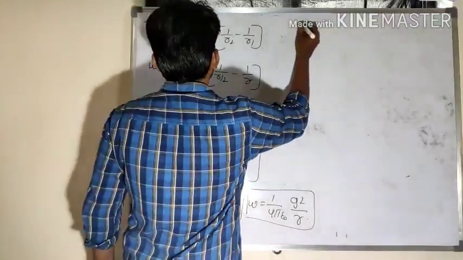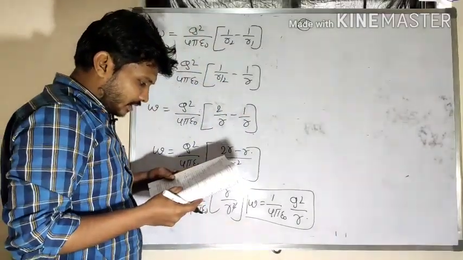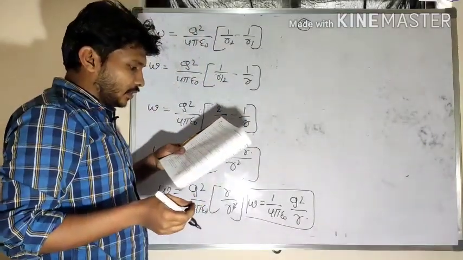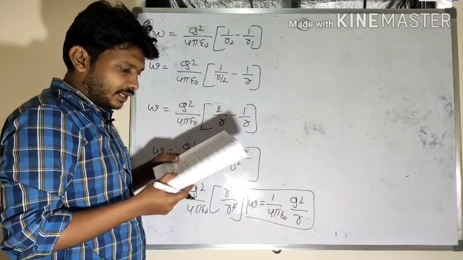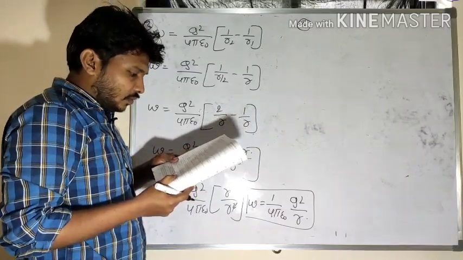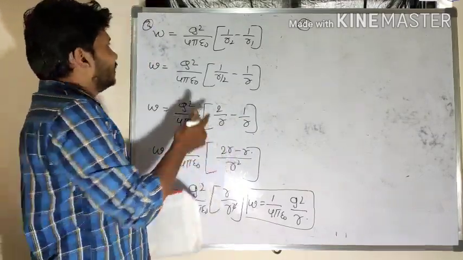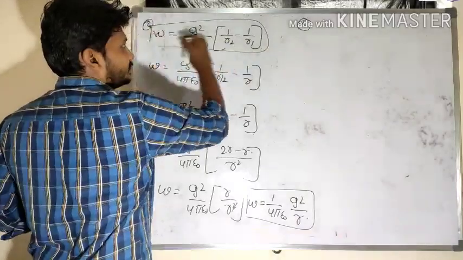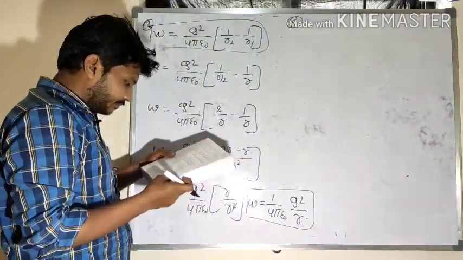So next one, the fourth one. Charges 1000 nanocoulomb and 2000 nanocoulomb are separated by a distance of 1 meter in air. The work done to move them to infinity is, so a similar formula you may use here. This includes the similar formula. We'll solve that next one here.